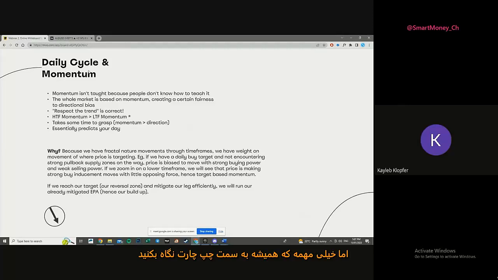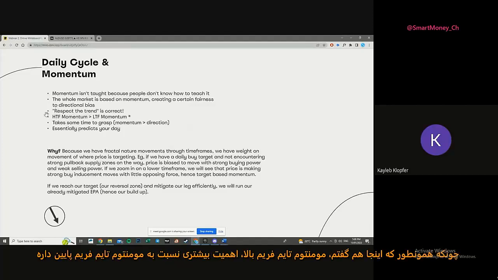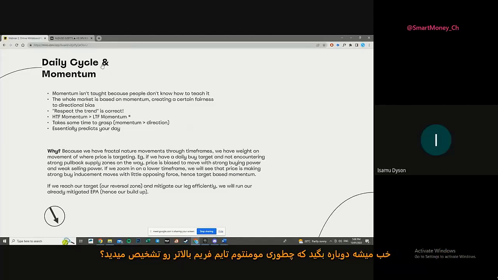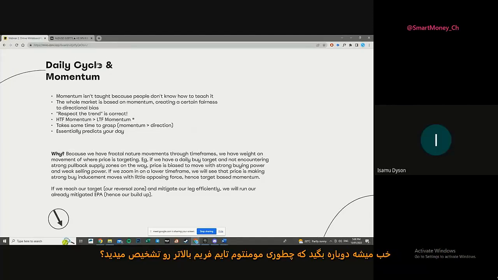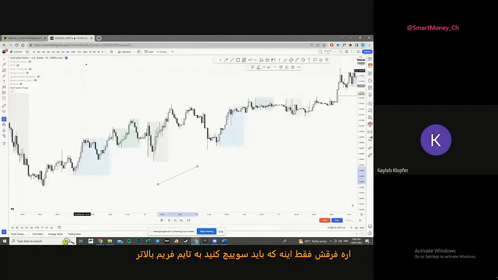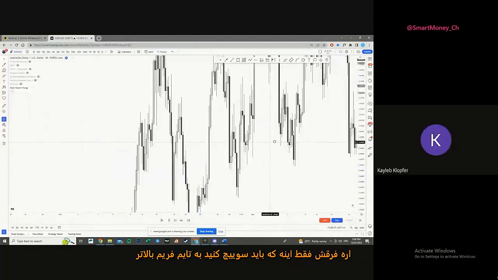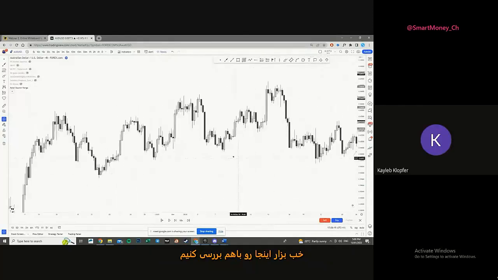But it's very important to look on the left, because if you're on a low time frame, you might get stuck by entering a higher time frame supply zone or something like that, in which your lower time frame momentum will diminish, because like I said here, high time frame momentum is king over lower time frame momentum. So how do you recognize the higher time frame momentum? It's just about going on the higher time frame. So let's piece something out here.